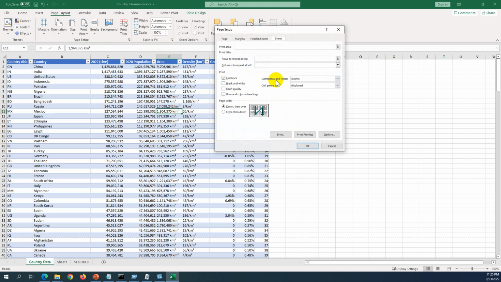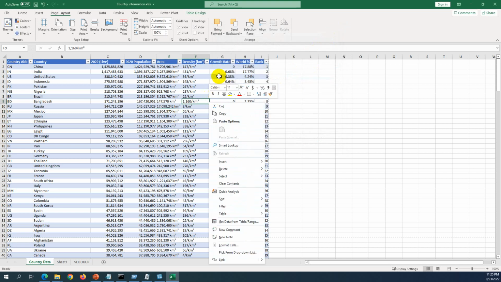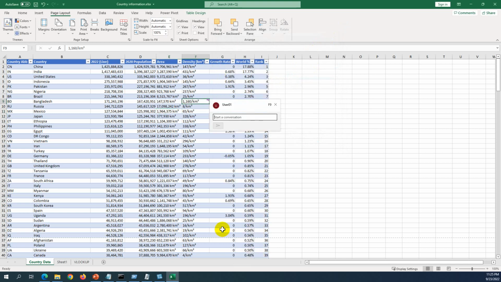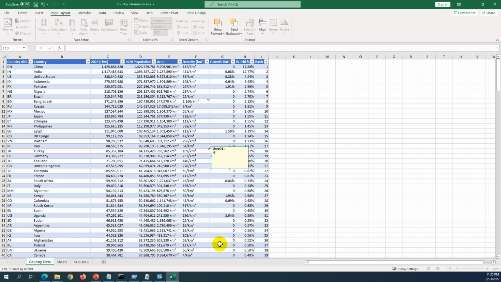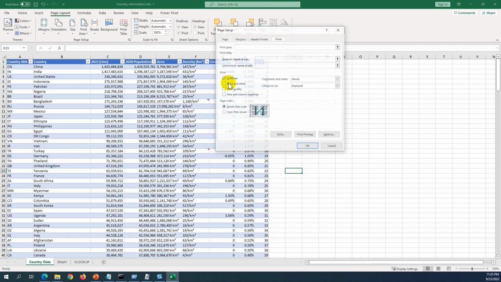We also can print the comments and notes. Some documents have comments and notes, so we want to print both. For example, if I put one comment, my comment, okay, and put here a new note, my note, okay. You can see when we select on that,